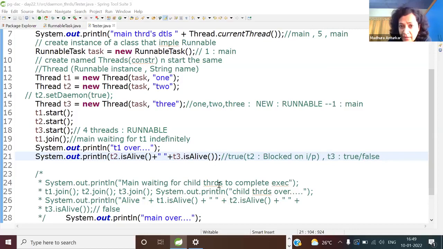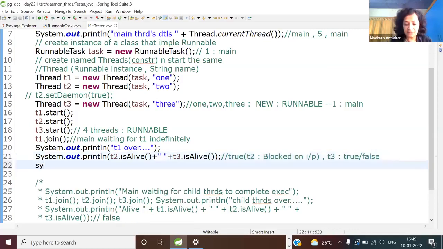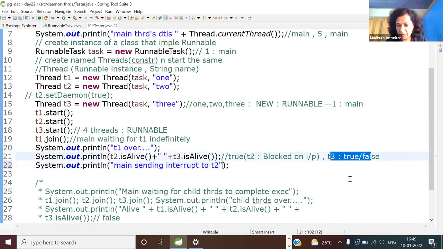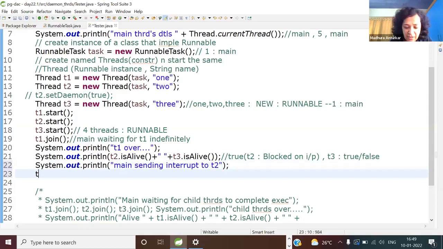Okay. Now let us send the interrupt. So here main is sending the interrupt to which one? To T2. Because T1 is over, most likely T3 also will be over, and even if it is alive, it will get over on its own because it's just a delay loop. So let us say T2 dot interrupt.